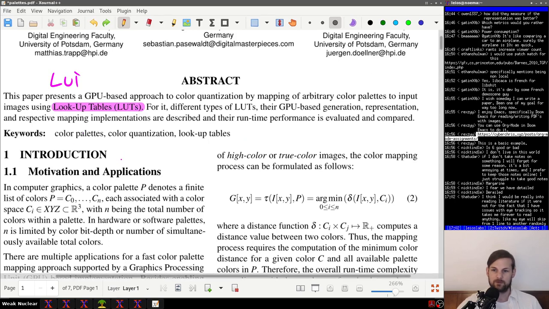I think I'd be really into reading literature if it were not for the fact that I have issues with eye tracking, so it takes me forever to read anything. Like my eye will skip from one line to the other randomly. To be fair,